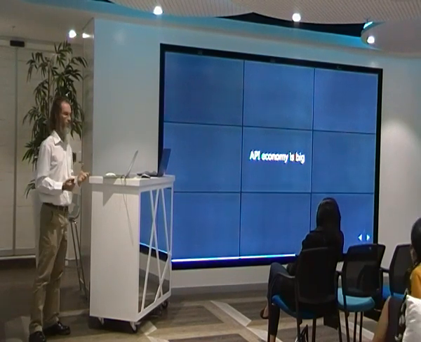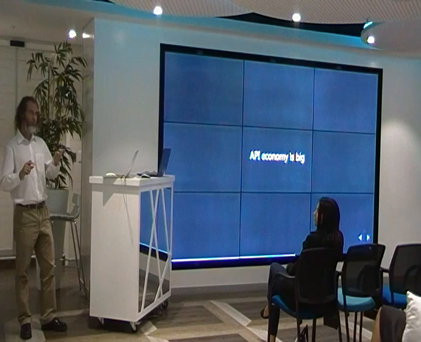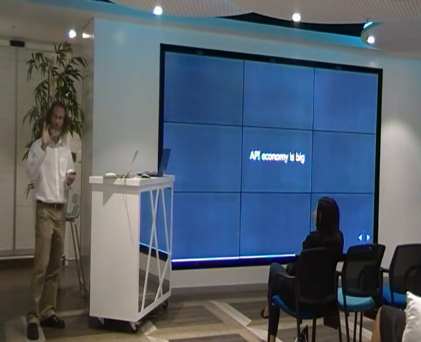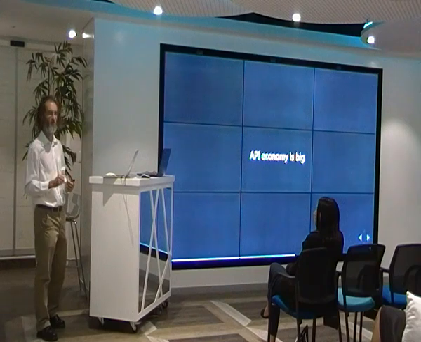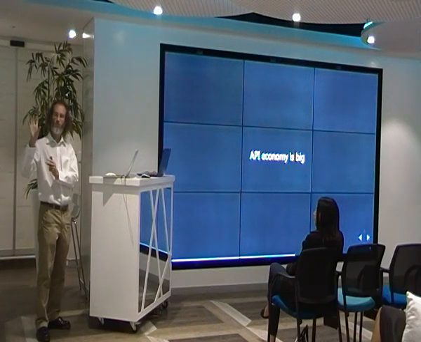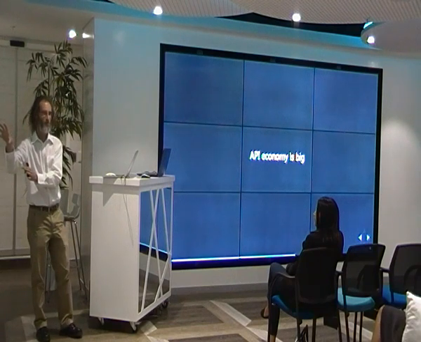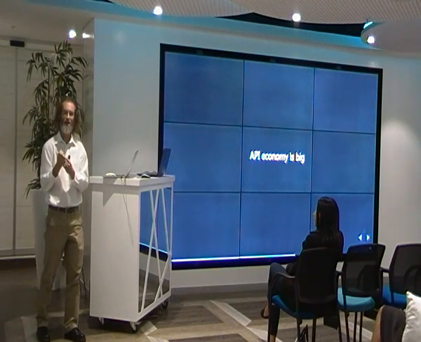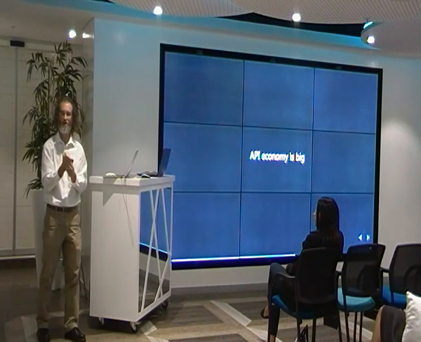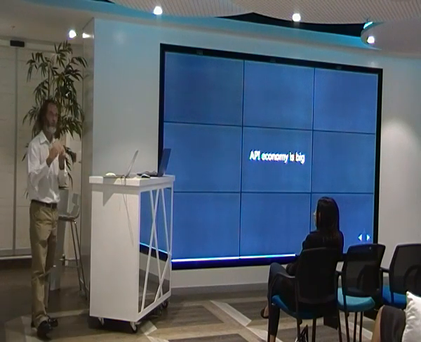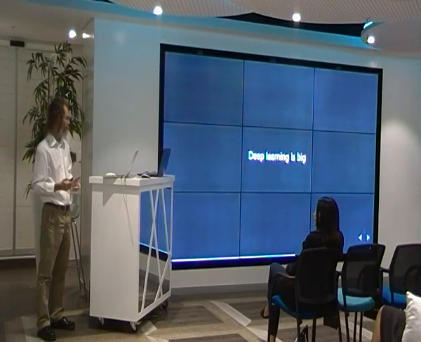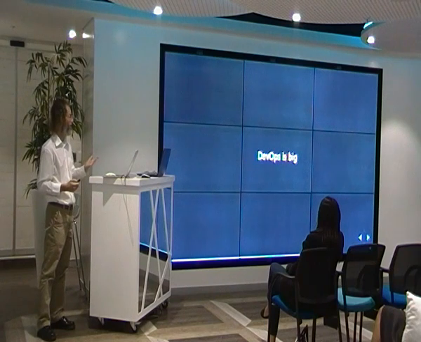The API economy is big, so companies make available bits of functionality via the web, and you build an application that just calls these bits. You can use IBM. You can do speech recognition with Google. So you talk to it, get some text back, and you send the text to IBM Watson to process it further. So the user isn't aware of it, but in the background you can mix and match all over the show. Deep learning is big.